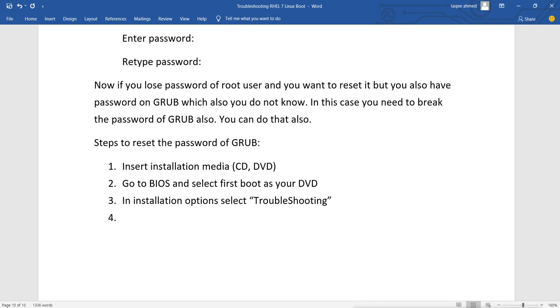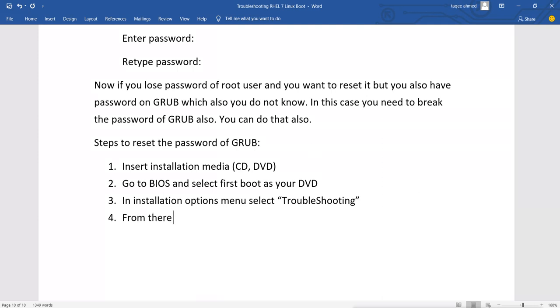From the troubleshooting option you have multiple other options, and in those you have one option for rescue.